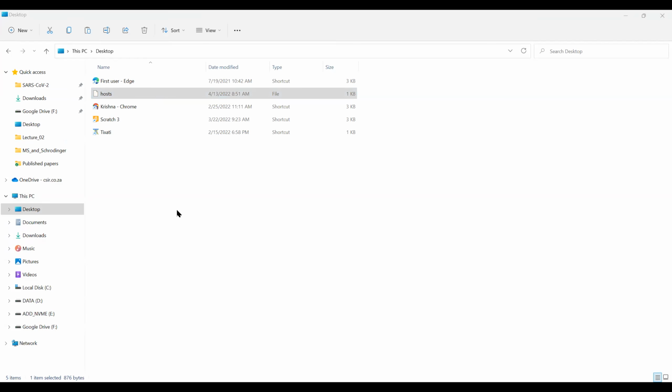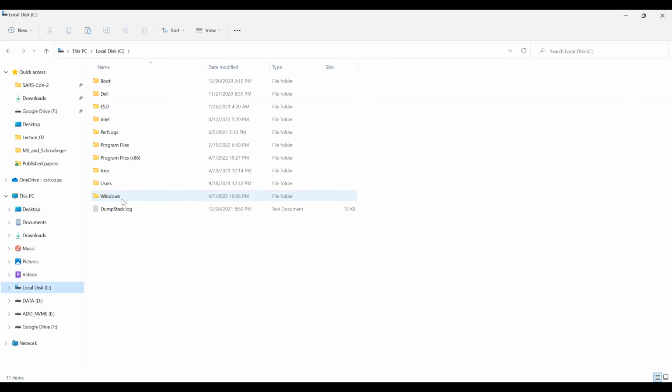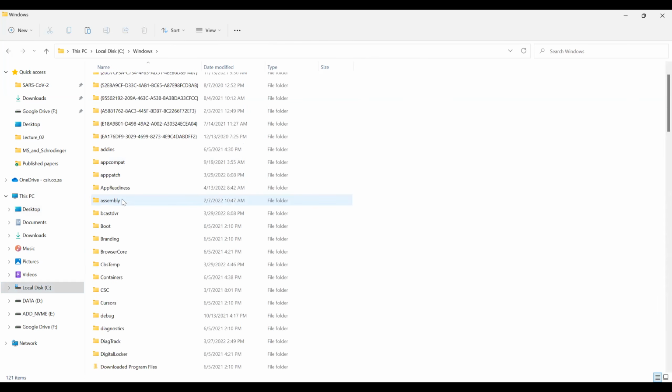So here, at the bottom of this file, you'll put in the IP address of the machine that holds the license on the CHPC. Then you'll put the machine's name, .chpc.ac.za, and then the machine's name again, right? When that's done, you just go to File, Save, and make sure you save the file without any extension. You then take this file from here, copy it again, and put it back in the folder where it came from, which is Windows, System32,